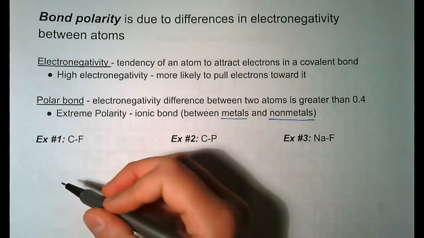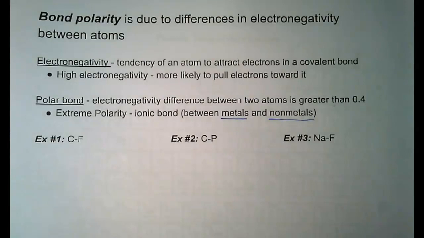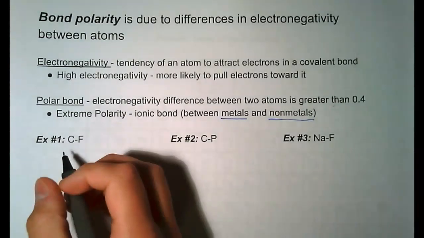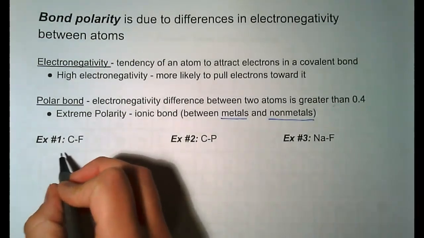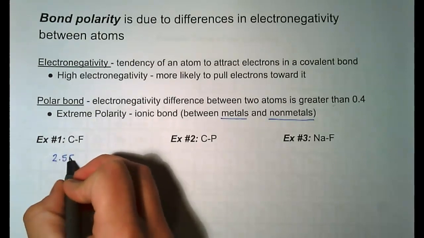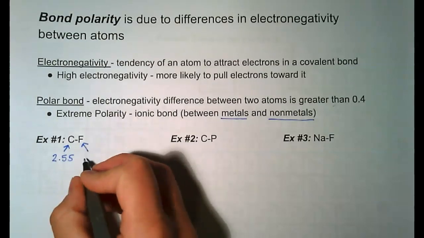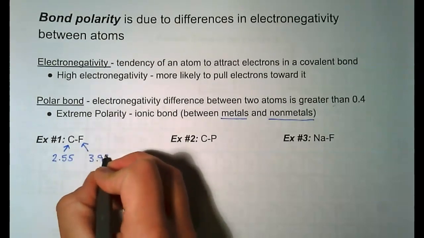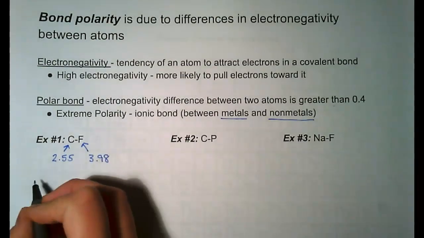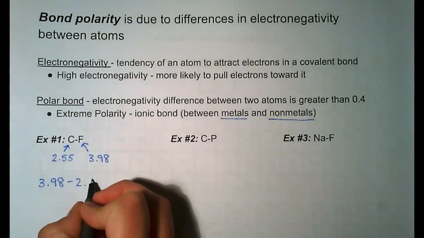So down here, let's look at a couple of examples. So we have carbon and fluorine, and we want to know if that bond is polar. So we can look up the electronegativity values for each of these, and carbon has an electronegativity of 2.55, while fluorine has an electronegativity of 3.98. So if we find the difference between these values, 3.98 minus 2.55,